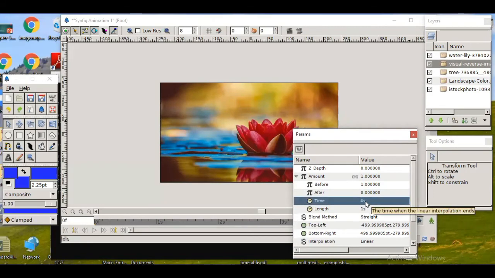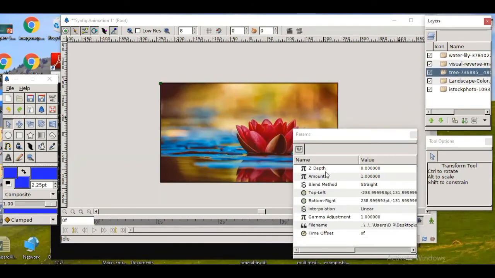Because when the first layer was visible, at that time this second layer was there, but it was not visible. But as soon as that first layer disappears, that is after 2 seconds, then in the third and fourth second the second layer is visible. So after 2 seconds, that is third and fourth second, we will get this layer on screen.